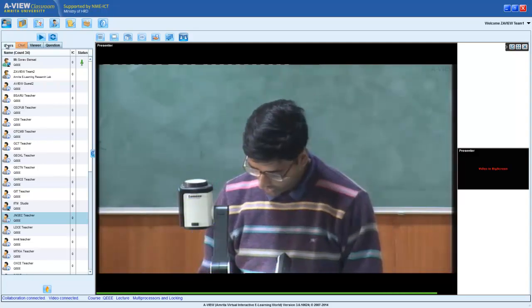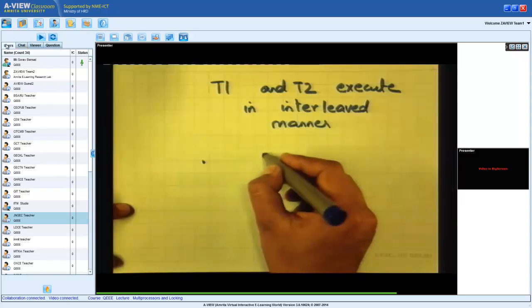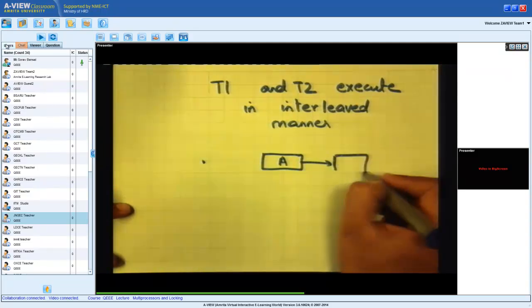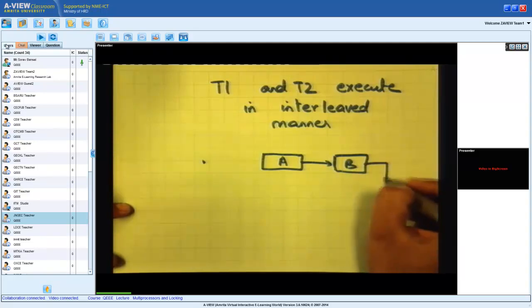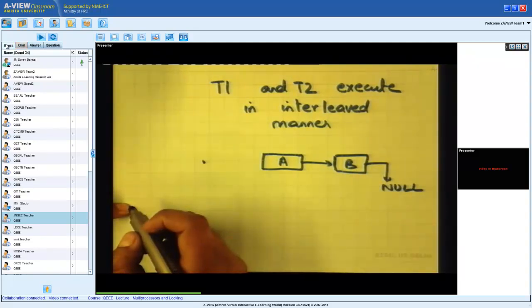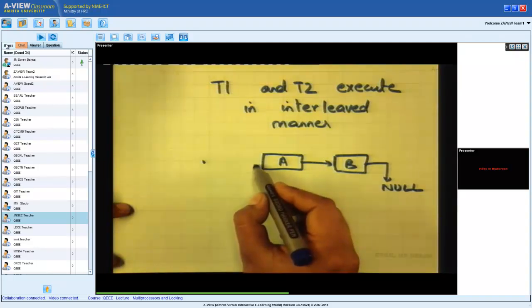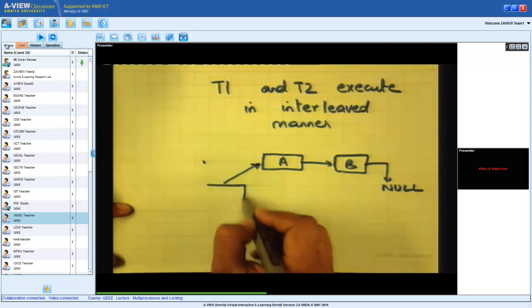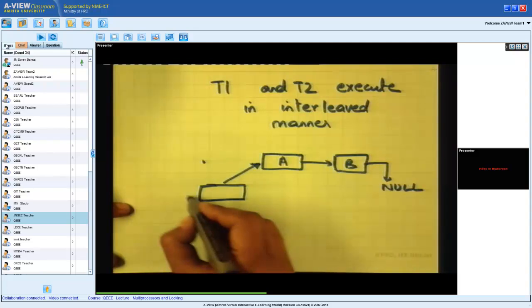I'm going to say, okay, there was A, then there was B, going to null, and now T2 is going to point to, let's say it created an element called L2.